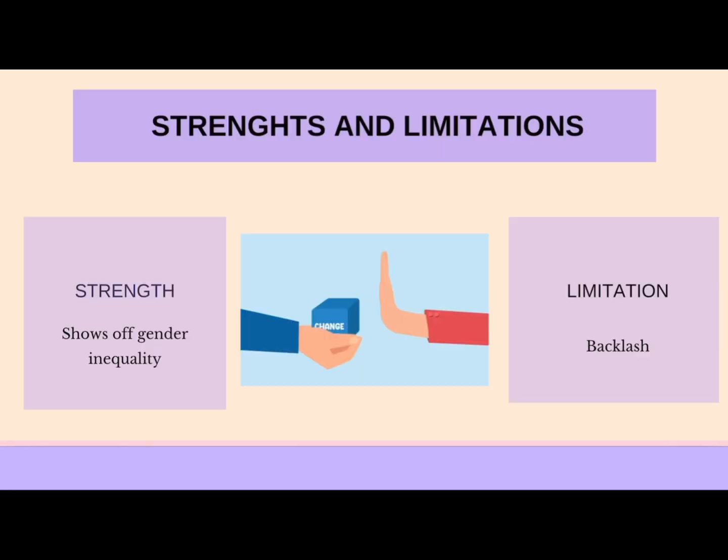So, while there are many strengths and limitations of feminist theories, I will only be discussing one of each. One strength of feminist theories is it challenges gender inequalities and shows how prejudiced women are in their households and exposes the patriarchal standards, which brings attention to issues that often get overlooked. On the other hand, a limitation is that it receives backlash from people who feel threatened by traditional gender roles changing, which slows down the move for change.